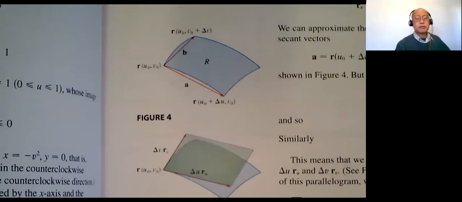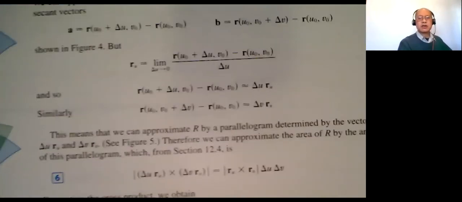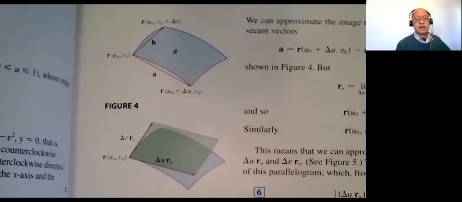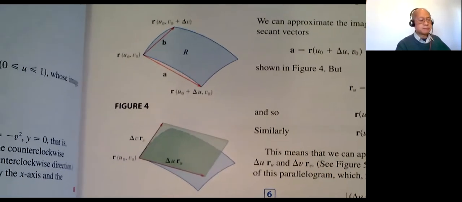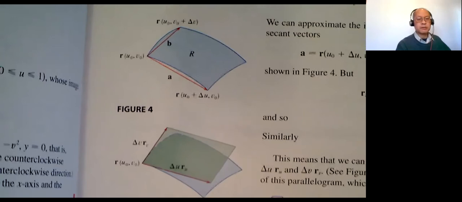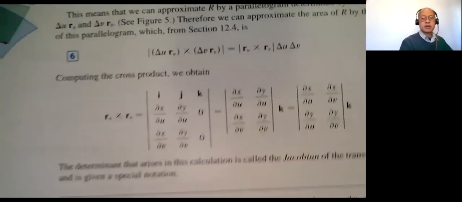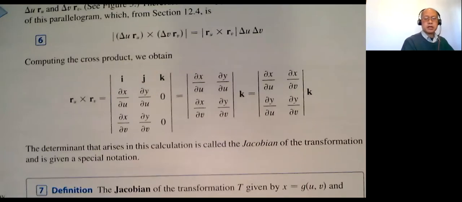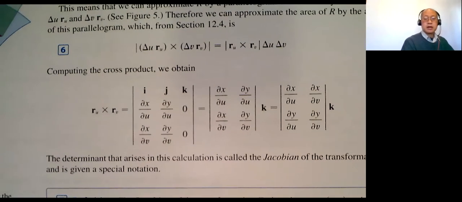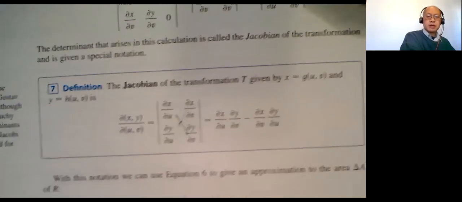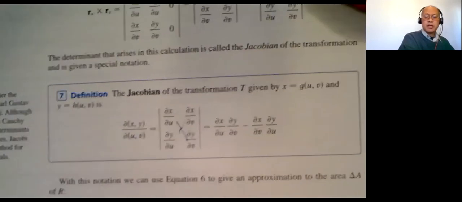All right, so the extra multiplication factor, the derivation is there. You can look at it or not, but it basically comes from a cross product of r sub u cross r sub v. Okay, and we get something called the Jacobian. So you want to put this on your next cheat sheet for the Jacobian. You don't need all this, but this here. Page 1055. The Jacobian,